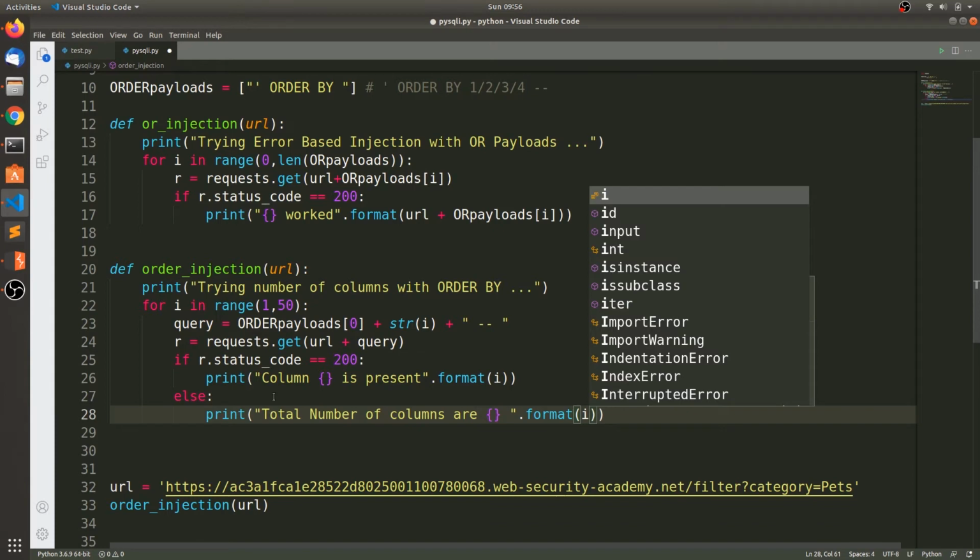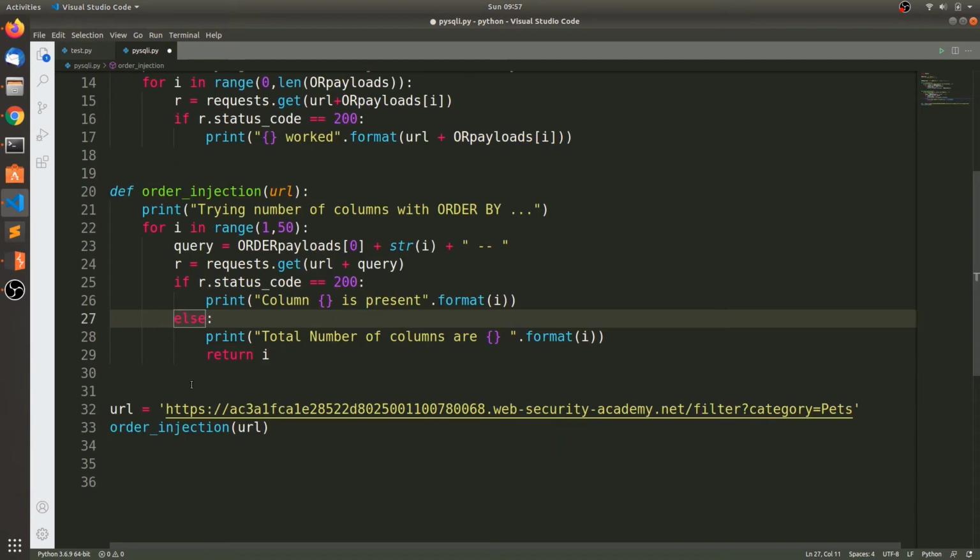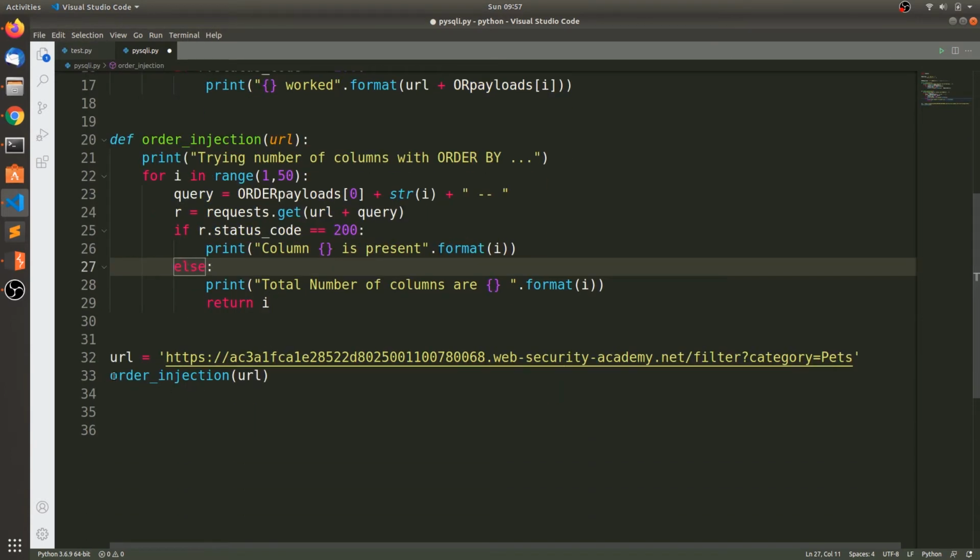I think i or i plus 1. Okay, it's i. So return i. So i will be the number of columns. Order injection will return columns.